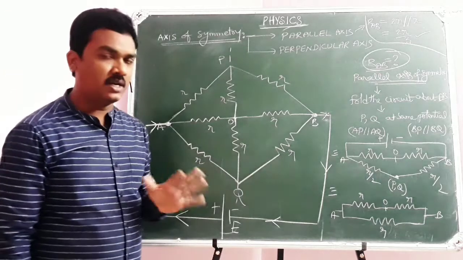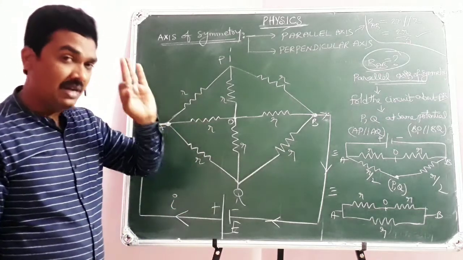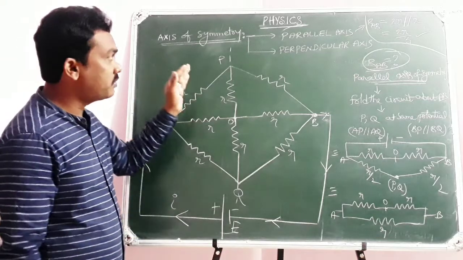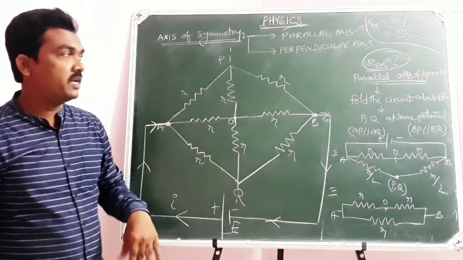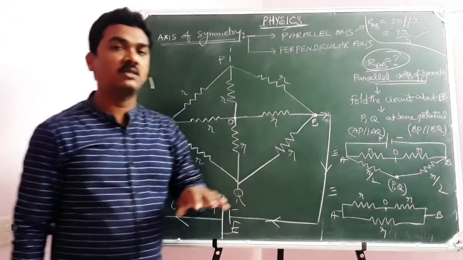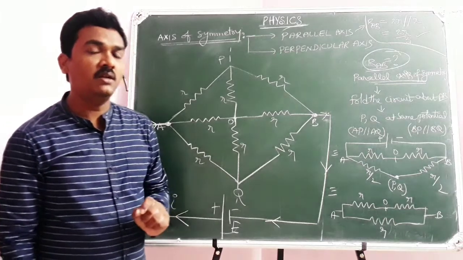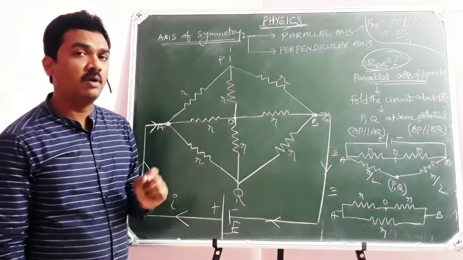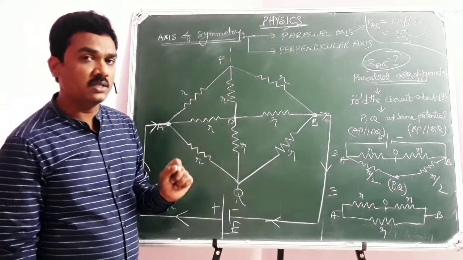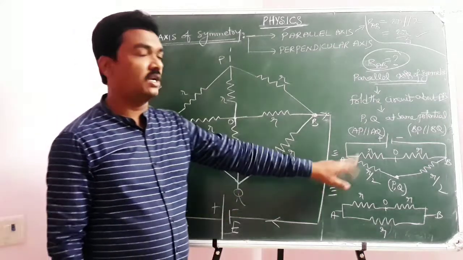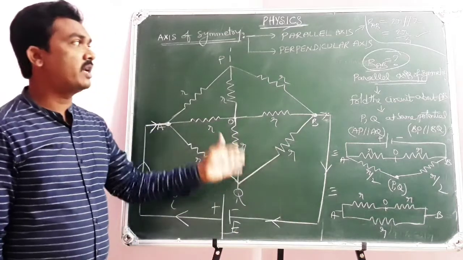First, I hope you have written this already in your notes; I am just repeating it for you. First you have to learn three definitions: what is the axis of symmetry, what is the parallel axis of symmetry, what is the perpendicular axis of symmetry. Next, write the statement of the parallel axis of symmetry, what it explains. According to the parallel axis of symmetry, if the circuit is folded about that axis, then the corresponding meeting points will be at the same potential. Using this concept, we can simplify and reduce the electric circuit and calculate.